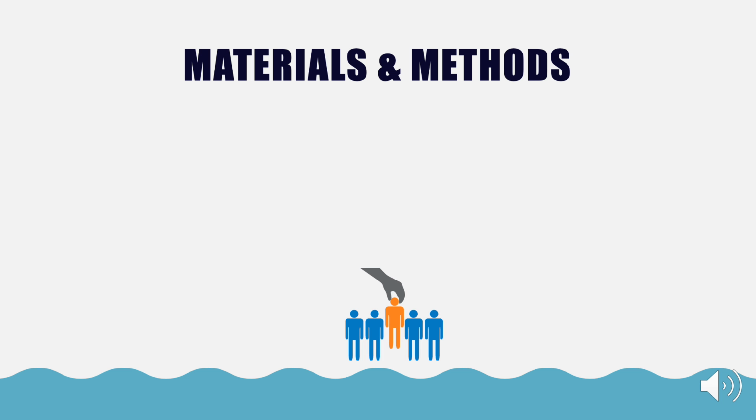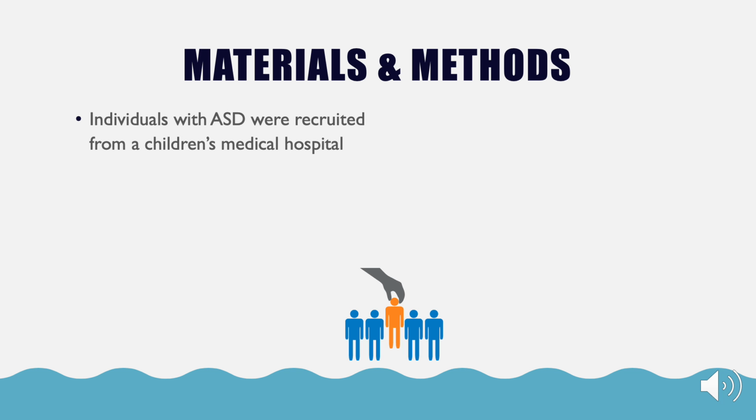How did the researchers do this? Great question. First, they had to recruit their participants for this study. They did a group comparison method, so that means that they had individuals with autism spectrum disorder that they recruited